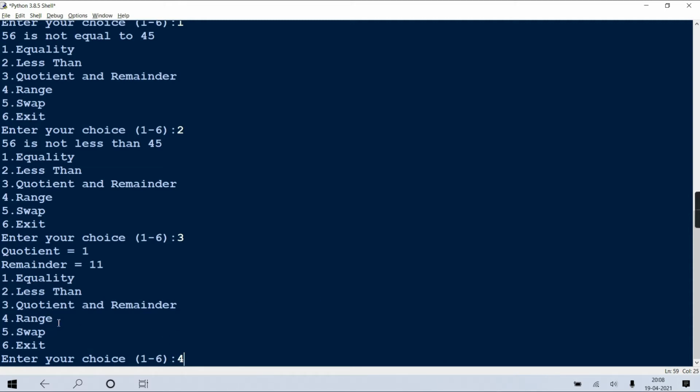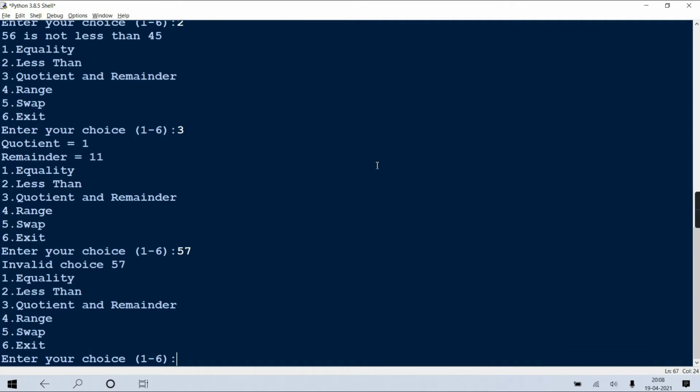Whenever you do range checking, first check inside whether the first value is lesser than the second. If it is greater, first you have to swap them and then do the operation. Make the first value 45 and the second 56. In our case, whatever we give will not work properly because the first is greater and the second is lesser, no?